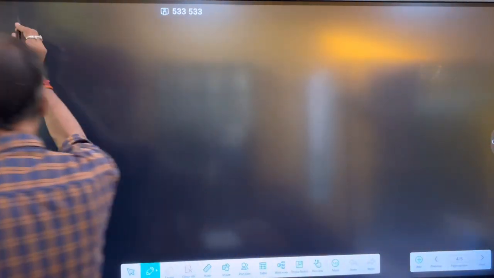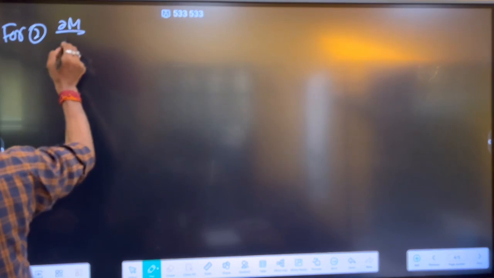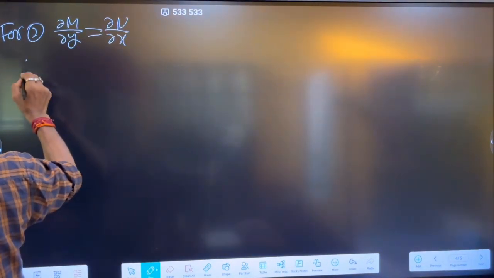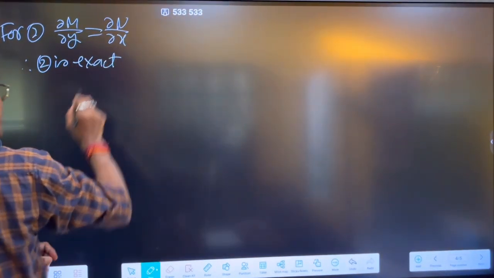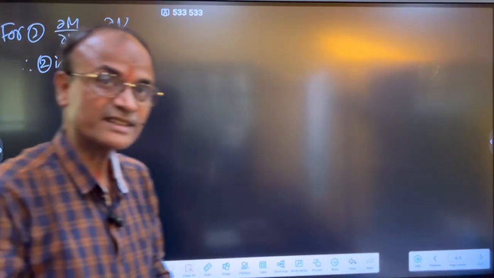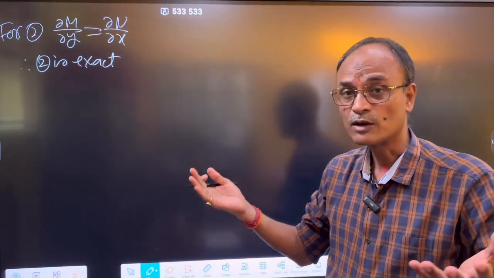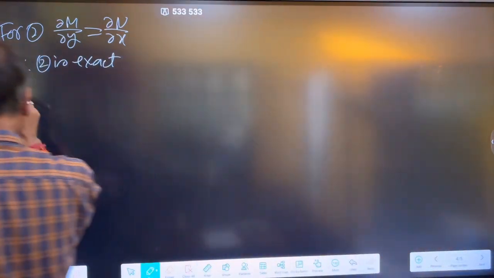For 2, del m by del y equals del n by del x. Therefore, 2 is exact. Now, since 2 is exact, the solution of 2 is